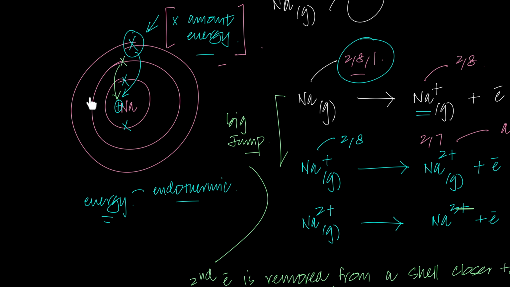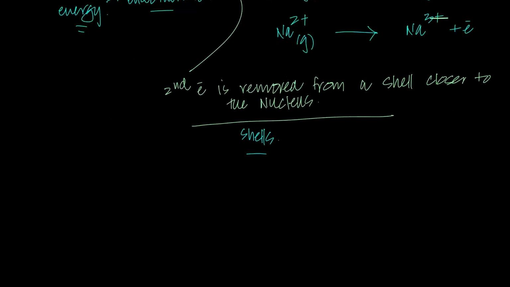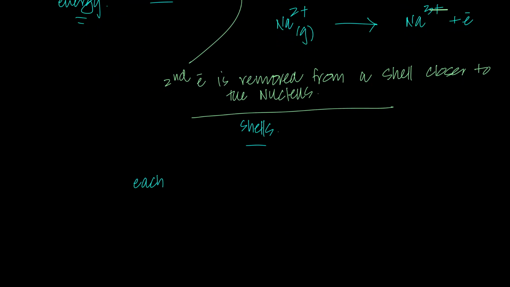So this electron is being removed from principal quantum number 2, and this electron was removed from principal quantum number 3. So that's how he actually developed the idea of shells and even different energy levels. So remember this, that Erwin Schrödinger actually figured out the idea of shells with the help of ionization energy, which is just plucking off electrons. And he realized that each successive ionization energy